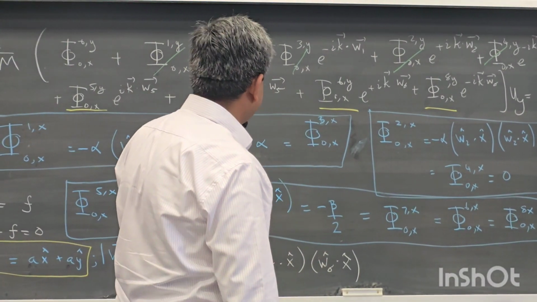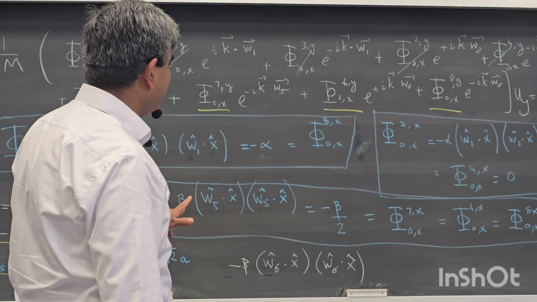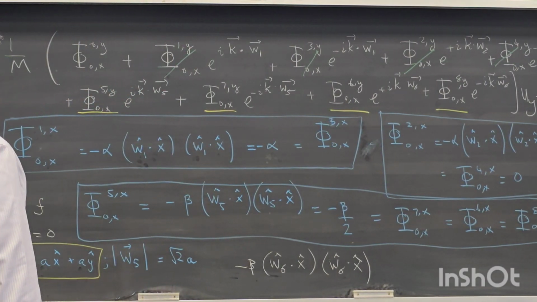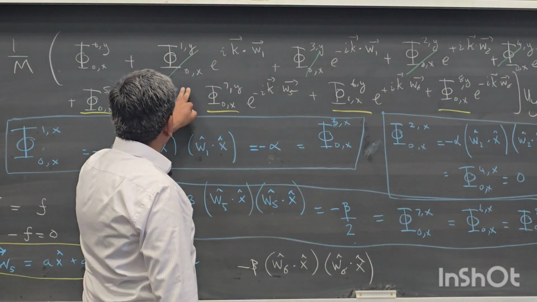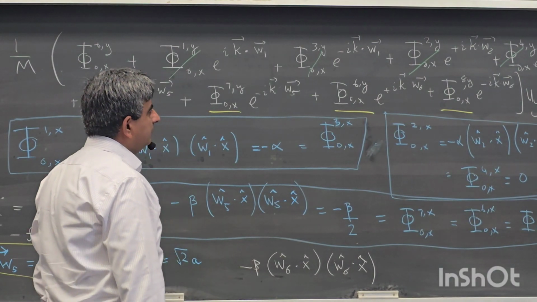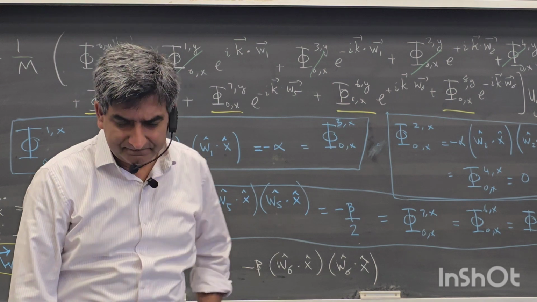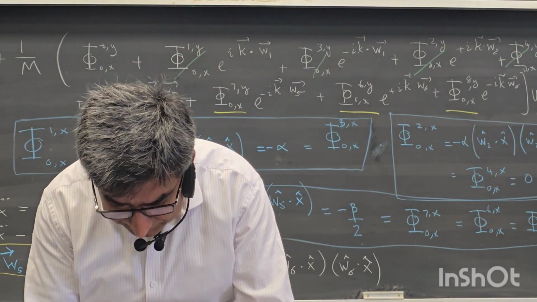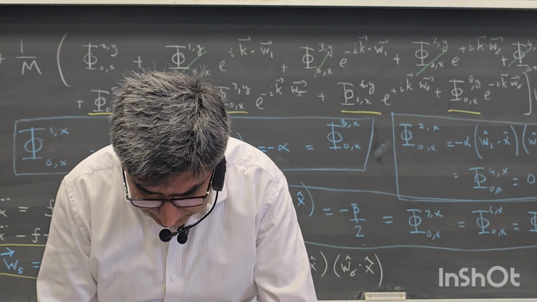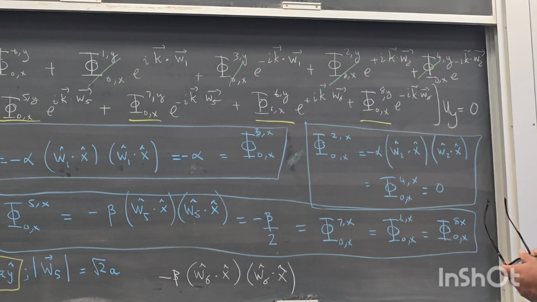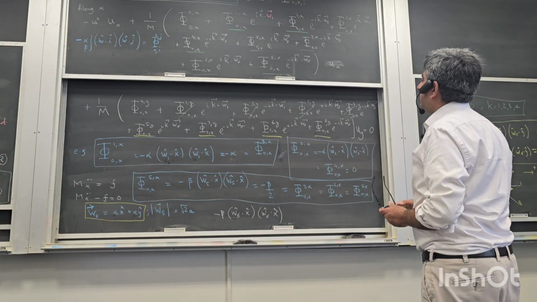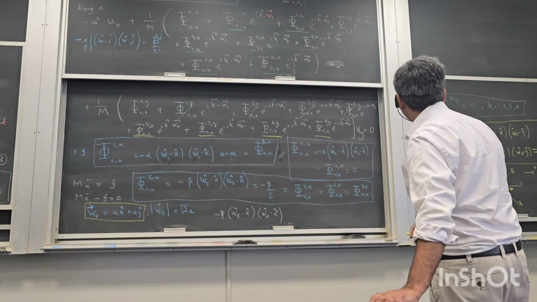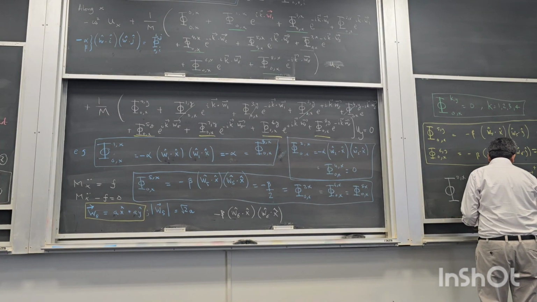Where are my 0x's? I still have to compute, I haven't yet computed these terms. Okay, 0x 1y, all of these are 0. Correct? Calculations are going to yield. So now if we were to complete our calculations,